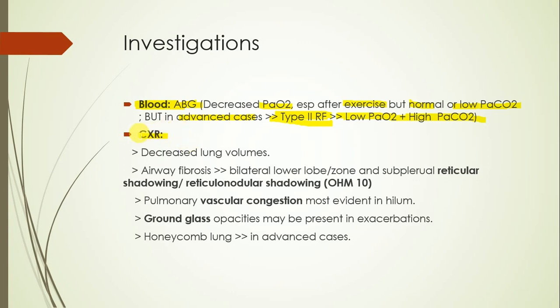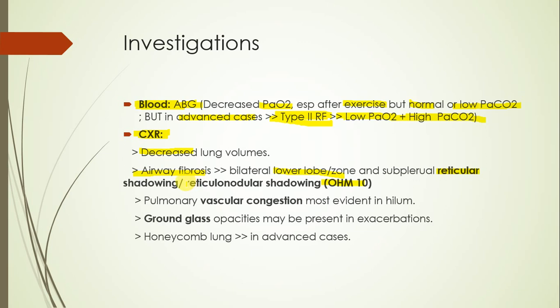So this is more valuable in identifying the diagnosis. Whenever someone has IPF, the lung volumes are obviously reduced. That's why we call it restrictive lung disease. And obviously there would be some fibrosis, and this is more common in the lower zones, so lower lobes. And the fibrosis would be seen on X-ray as reticular shadowing, or as the Oxford Handbook of Medicine